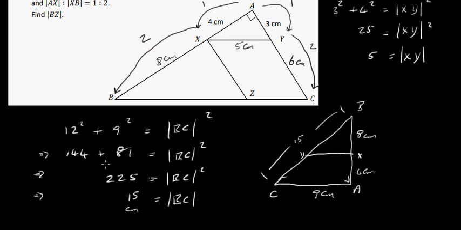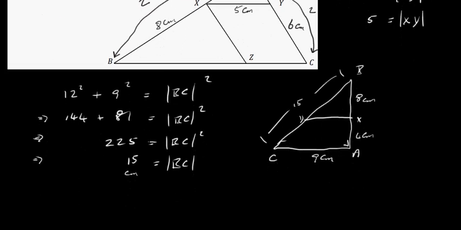So I can do ratios of sides here again, because we know that XY is parallel to AC. So I could say 15 over BZ. Let's see, where's Z here? Sorry, this is X, this is Z here. I should have a Z here. Let's see, this is actually Z here. I should say, so 15 over BZ is going to be equal to